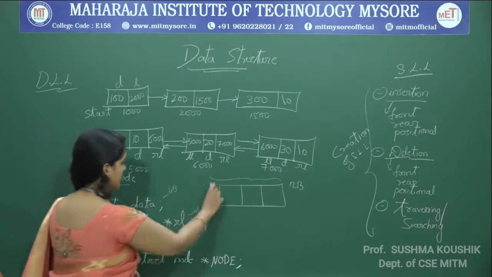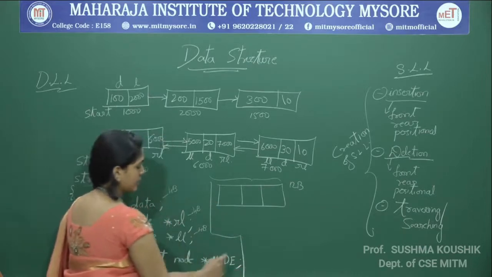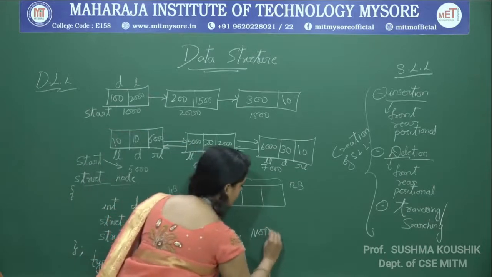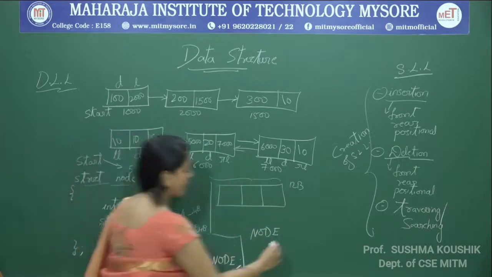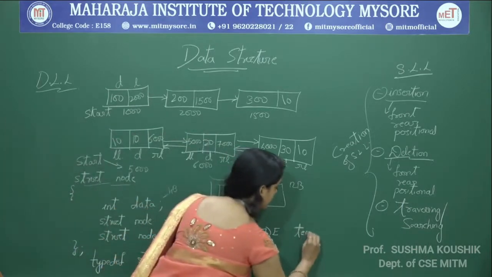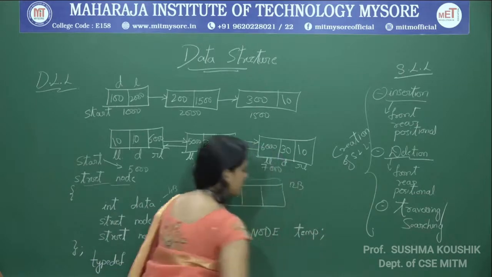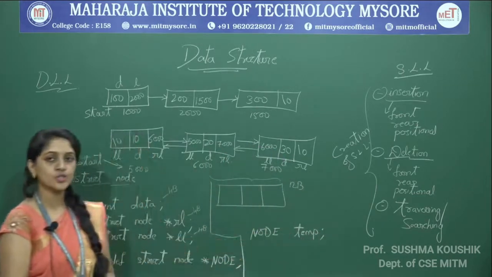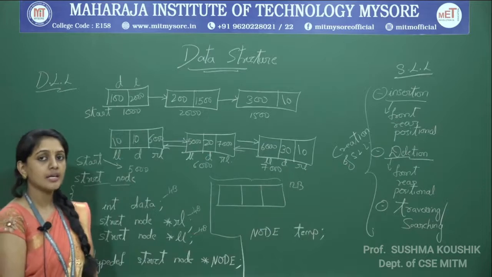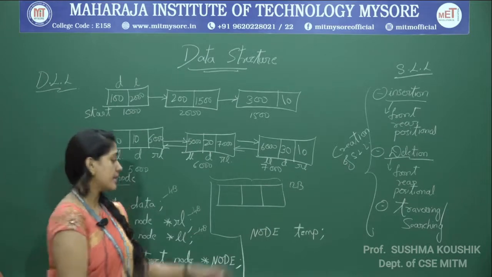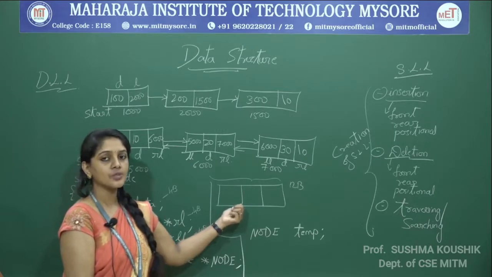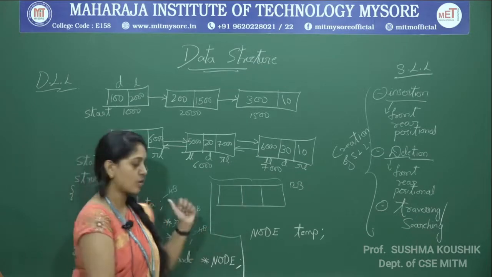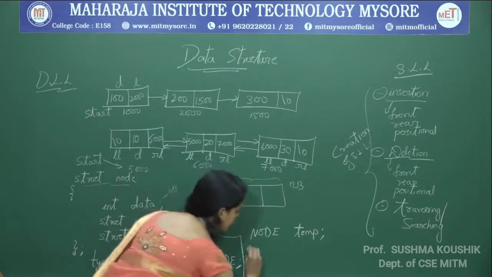So, on these lines, if I write node and then create any pointer like temp. Okay, so for this temp we are supposed to create a memory. Now, how to create a memory? Dynamically I can create this block at the point when I use either malloc or calloc. So, how do I create? Temp is equal to